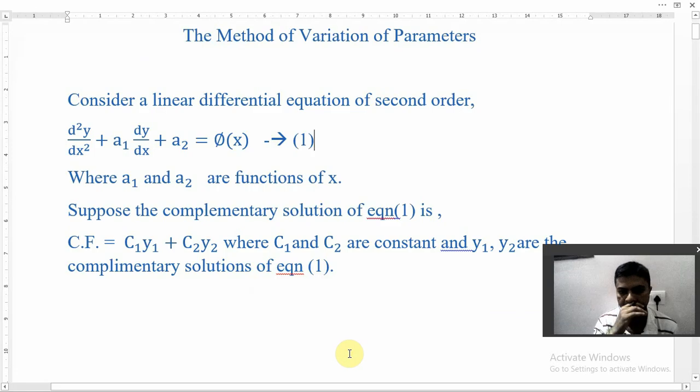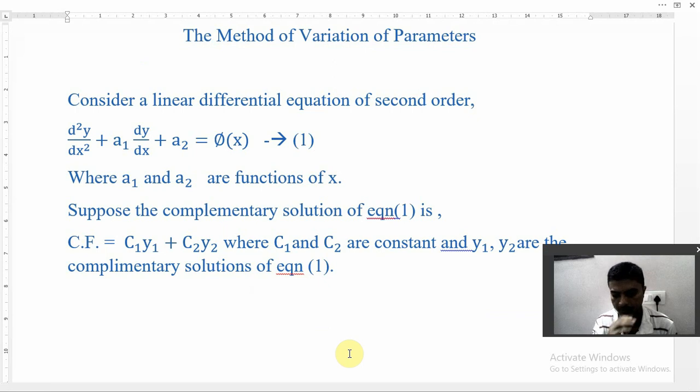Students, today I'm going to teach you the method of variation of parameters. In this video we see very important examples from the exam point of view. Please watch the video till the end. So here we go with